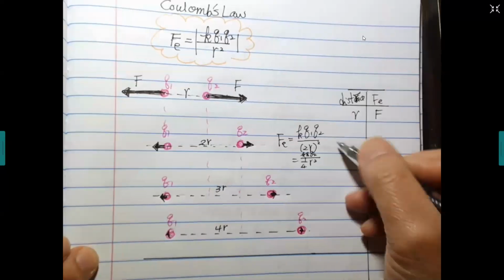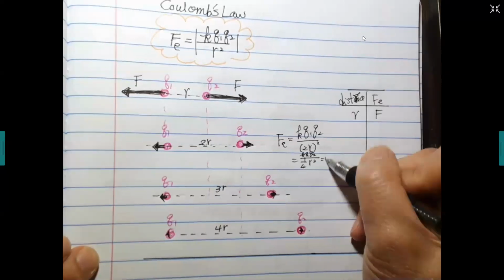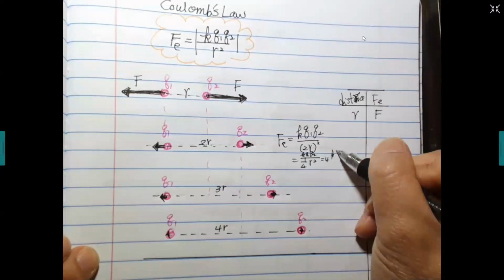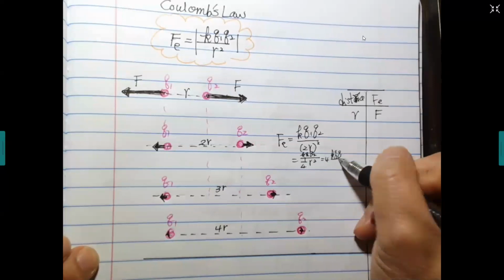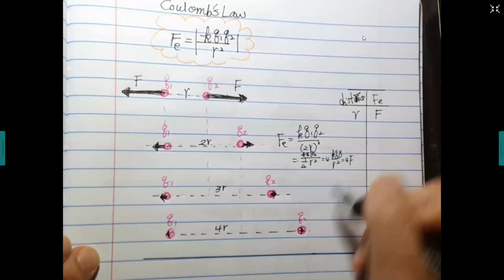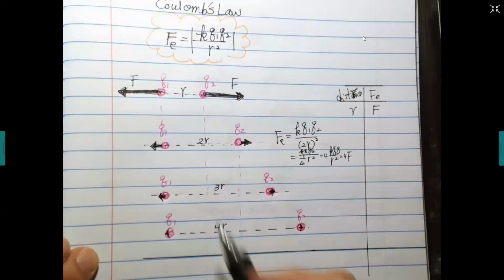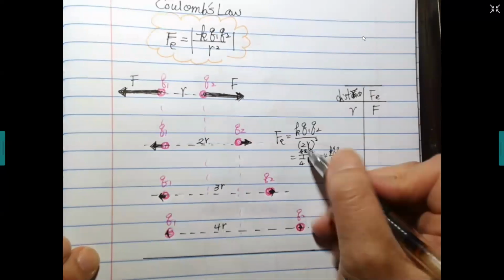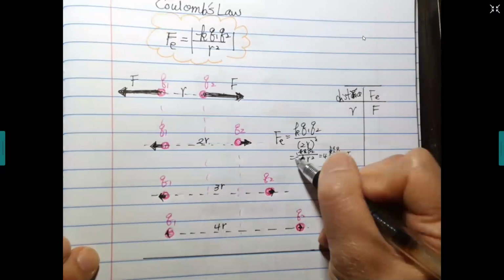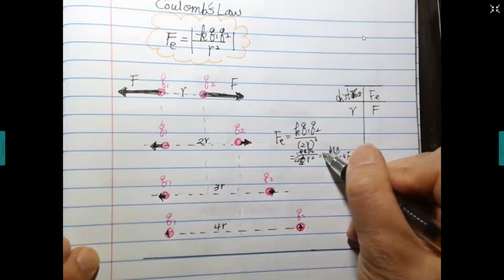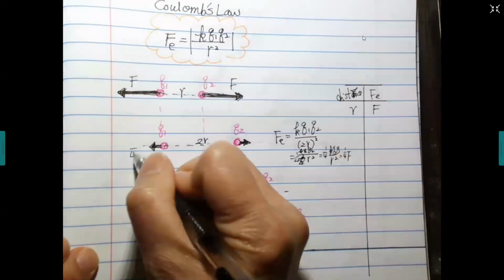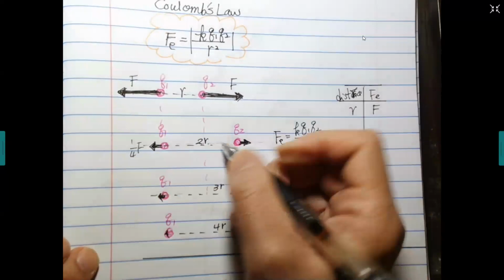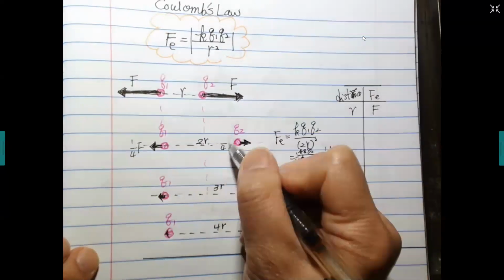Flip it over, it will become 4 K Q1 Q2 over r squared, and this one equals 4F. So it becomes a quarter of the original force. Again, when distance is doubled, the electric force between them is